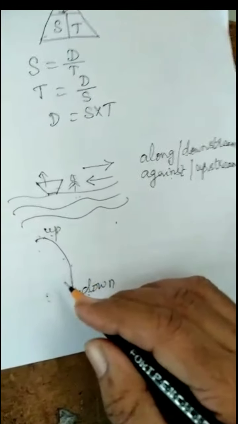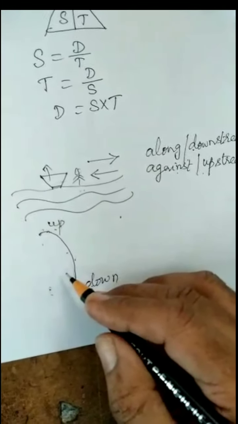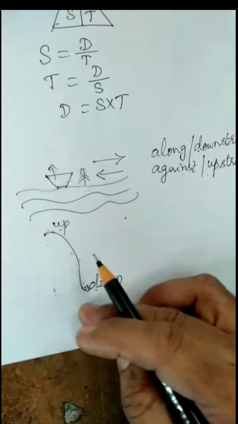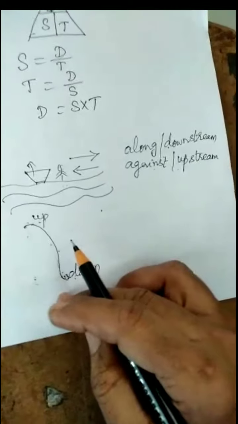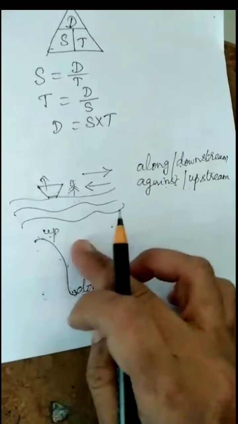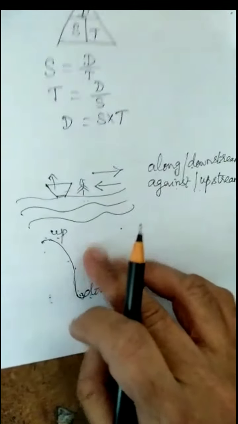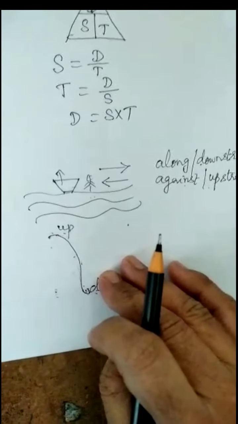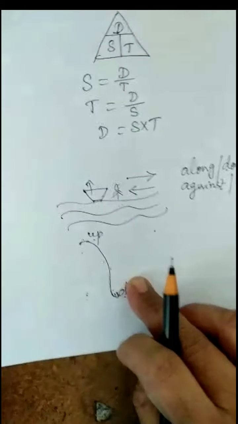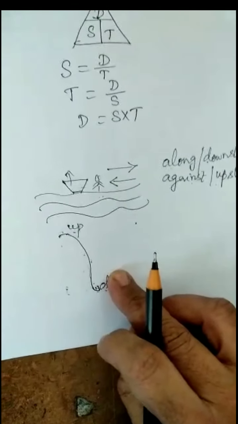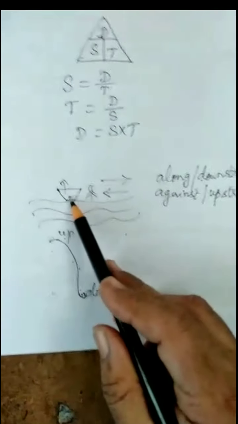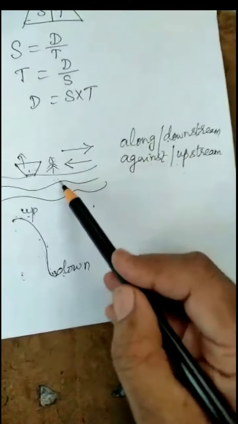The boat's or a person's speed is called the boat speed, or the speed of the person, or the speed in still water. The water is considered as still water here. We are considering that the water is not moving, even though it has its own waves, we are not considering that. So we have the terms downstream, upstream, the boat speed and the river speed, that is, the stream speed.